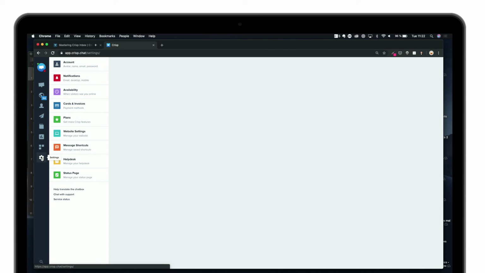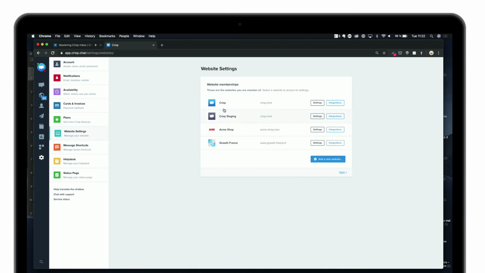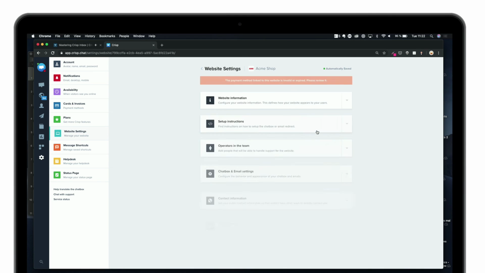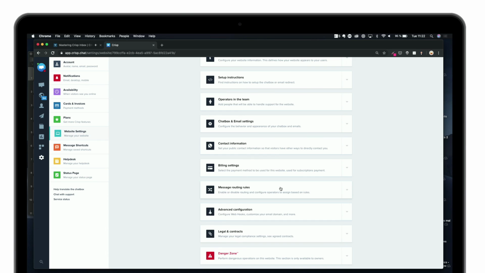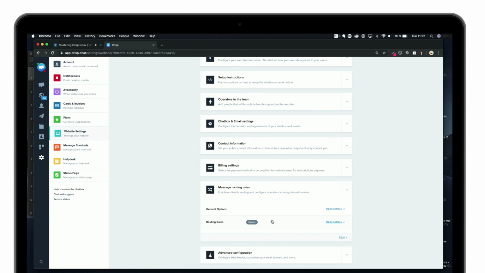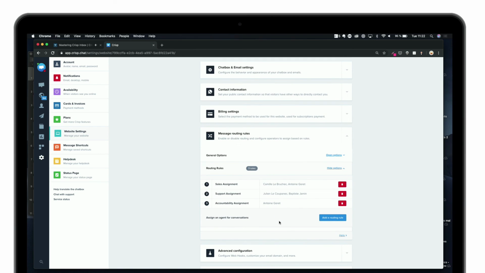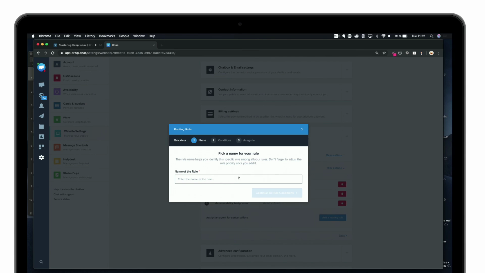So to create routing rules, you have to go to settings, then website settings, then choose the website you are going to use for these rules, click on settings, and then look for message routing rules. Then you go to routing rules here, and as you can see, there's already some routing rules that are set: support, sales, and accountability. And let's add a new one. So we'll say sales